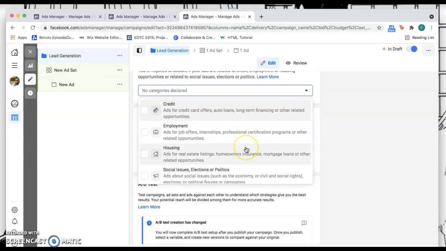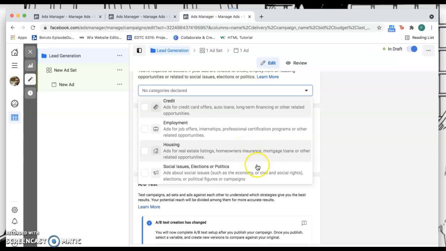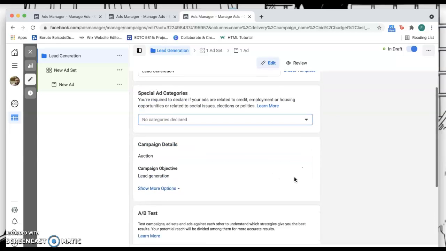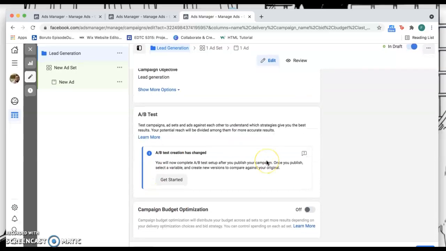And then if this is going to be associated with credit, employment, or housing, you would put that information down. I'm not going to do that. And then, for example,